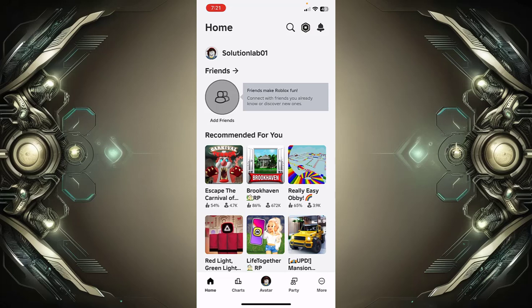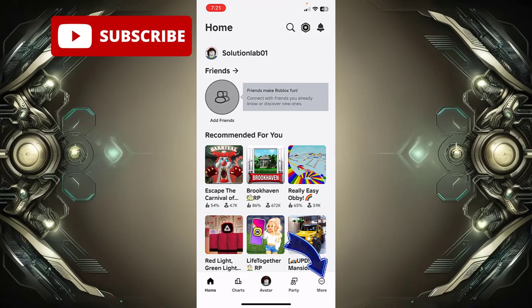In this video, I am going to show you how to change your password on Roblox. First of all, open the Roblox application. I have already opened it. After opening it, simply go to the More icon at the bottom right